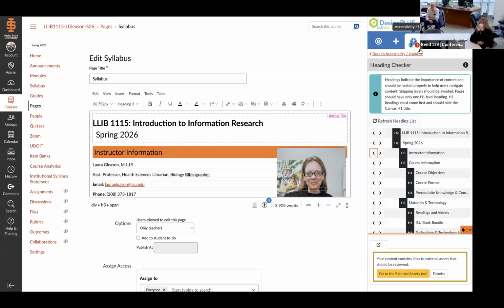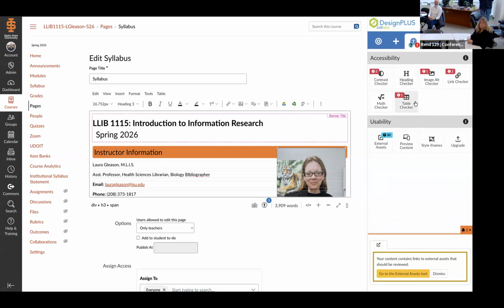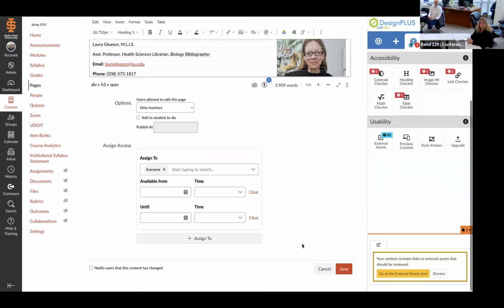Anytime you see this little exclamation point, that lets you know that there is an accessibility issue. If you have a student who is using, especially, a screen reader, they might have issues if there are accessibility issues. And there is that new law that goes into effect in April, pretty soon, so we need to make sure all of our courses are accessible. This tool has a built-in accessibility checker, and you can go through and fix those easily in there. So if you go back and save that,